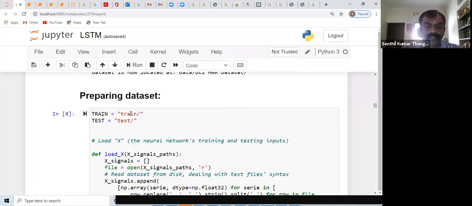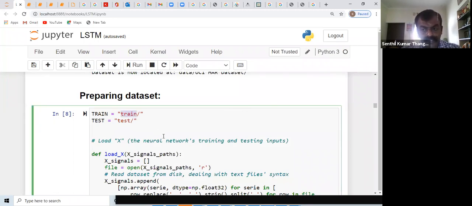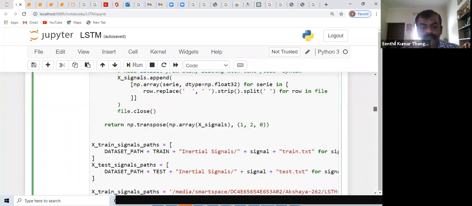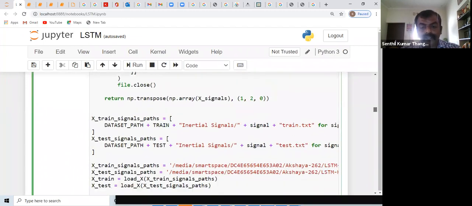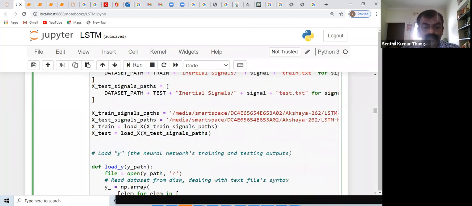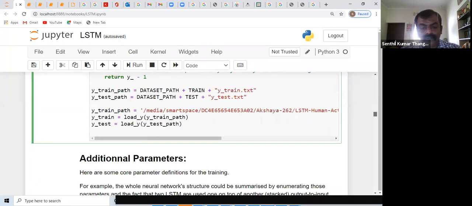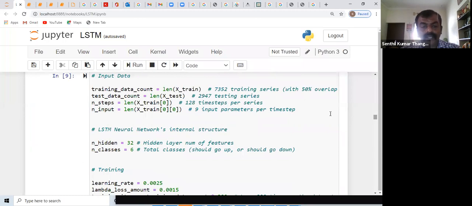Following on to that, they have already prepared a data set. So they are splitting the data set into a training data set and a testing data set. Then they are trying to analyze the signal paths, because a signal as such is not going to be one numerical value. It's going to follow a path. So here they have signal paths for X and Y. Then comes the LSTM part. When it comes to the LSTM part, they have data which is already available. There are totally 7,352 training data sets, and these are the other parameters.